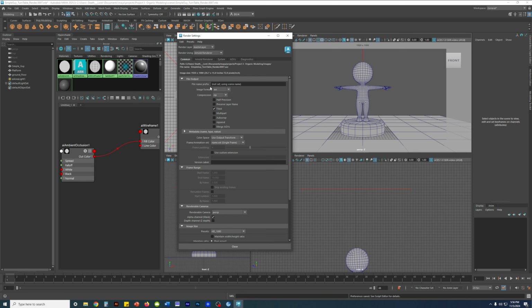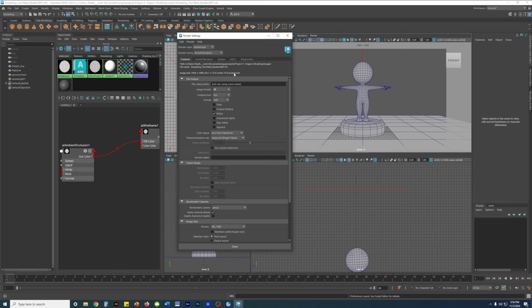Sequence. Image format, EXR. I need to change that to a TIFF. Don't ask me about EXR, just make sure it's TIFF. Just leave it there. Next,